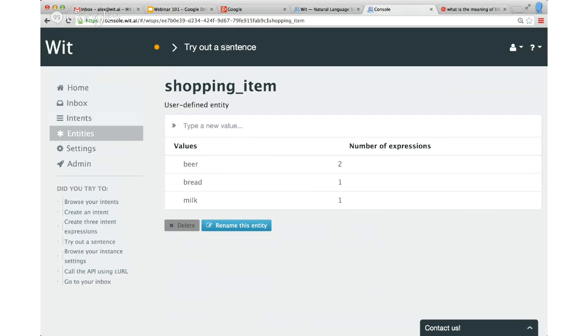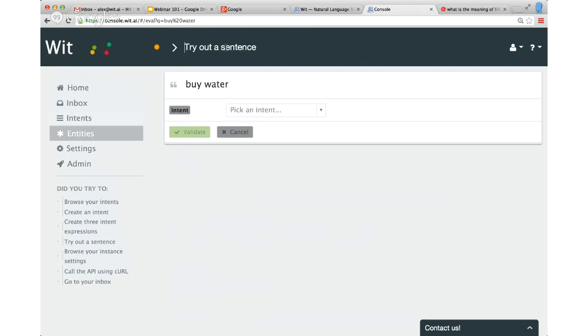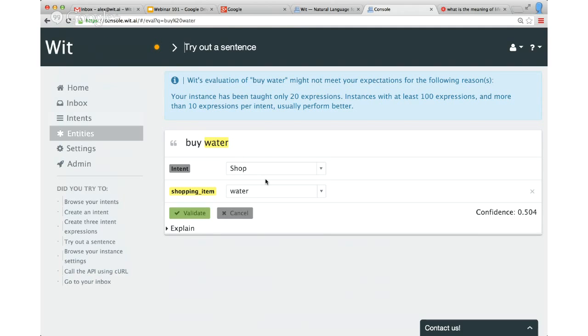If I type buy water, so again, based on the many features in the sentence, Wit thinks that water should be part of this list, it will just add it in the list. So it's not a closed list, it's an open list of values always.